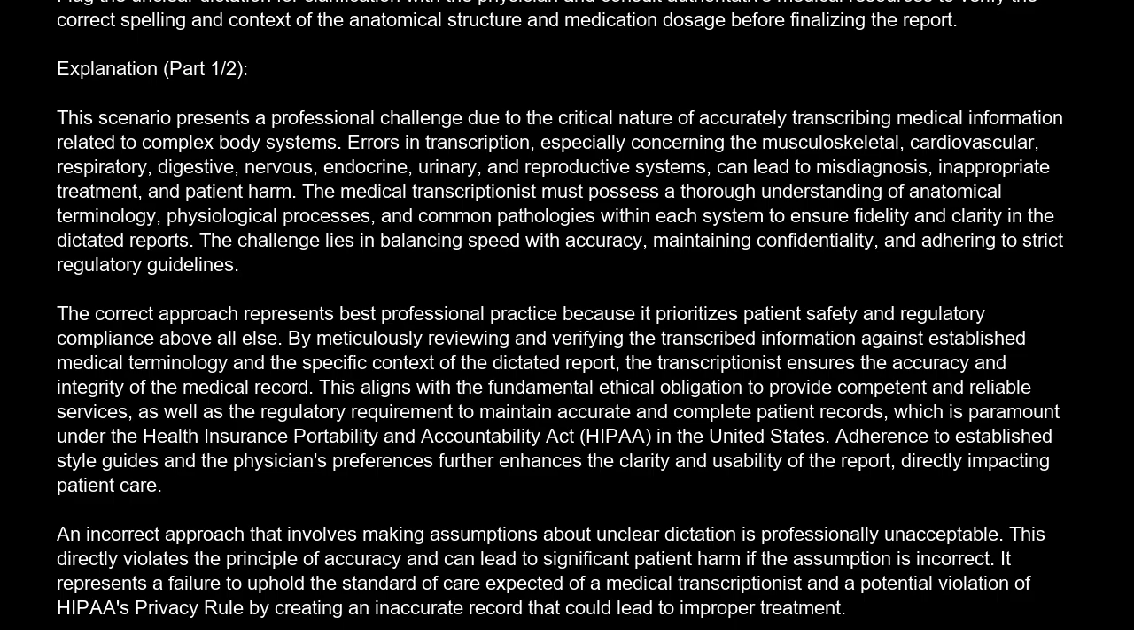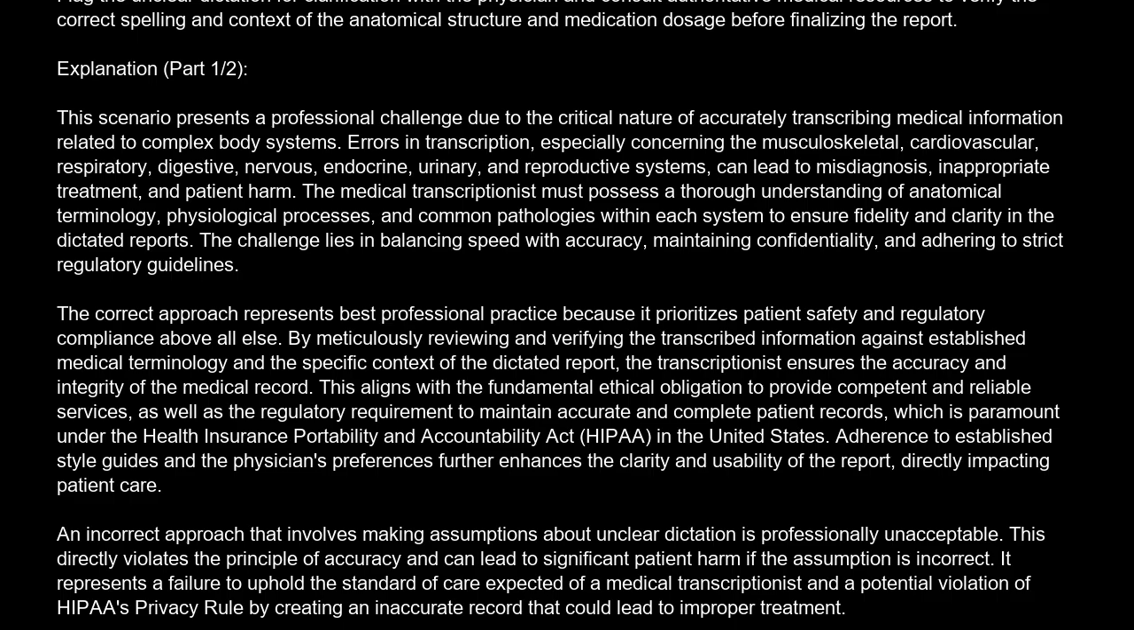This aligns with the fundamental ethical obligation to provide competent and reliable services, as well as the regulatory requirement to maintain accurate and complete patient records, which is paramount under the Health Insurance Portability and Accountability Act, HIPAA, in the United States. Adherence to established style guides and the physician's preferences further enhances the clarity and usability of the report,